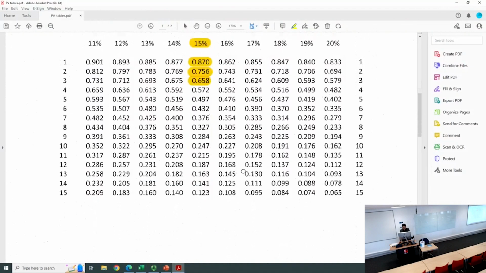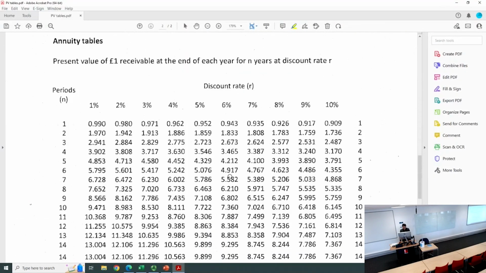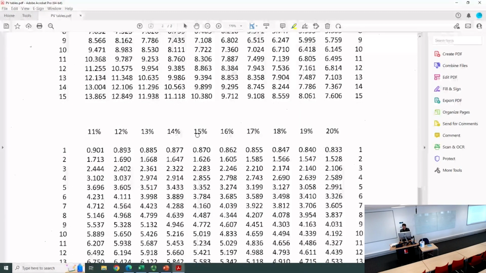Okay, let's go to our annuity table. 15%. Pay attention please, important. £100 received for 3 years. So we don't ignore 1, we ignore 2. We select 3 and the figure under 15% parallel to year 3. We ignore 1 and 2 data. 2.283,